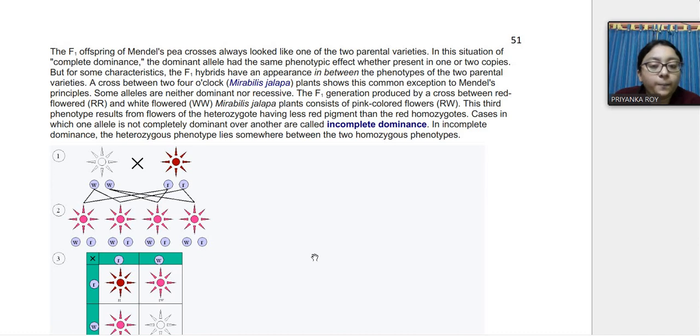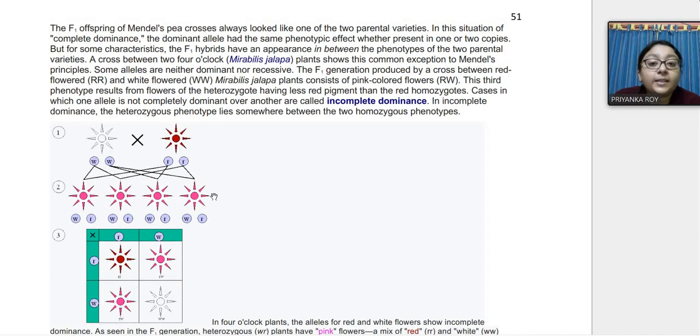If we come to this example, you will understand better that this is an example of incomplete dominance. The flower Mirabilis jalapa is the 4 o'clock flower. Every day at 4 o'clock this flower blooms. In this experiment, 2 four o'clock plants show a common exception with the alleles of flower color: a red flower, RR, and a white flower, WW. When the white flower and red flower are crossed together, they form pink flowers,